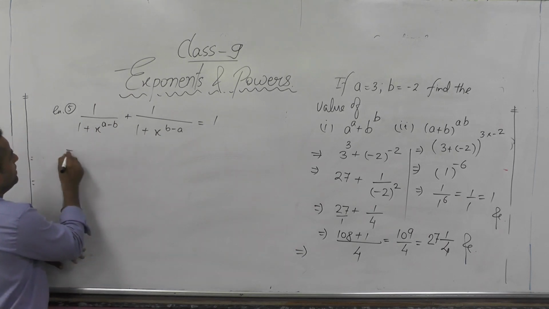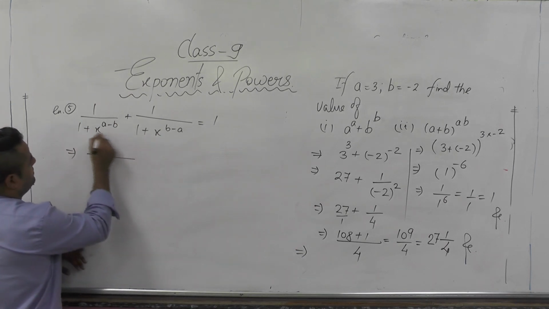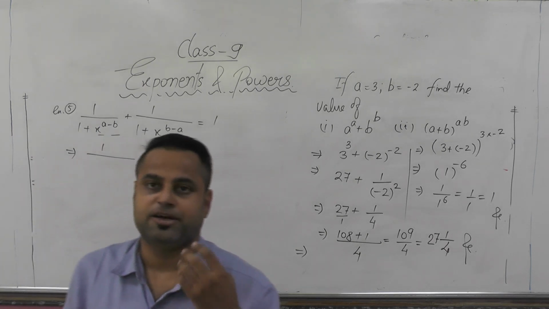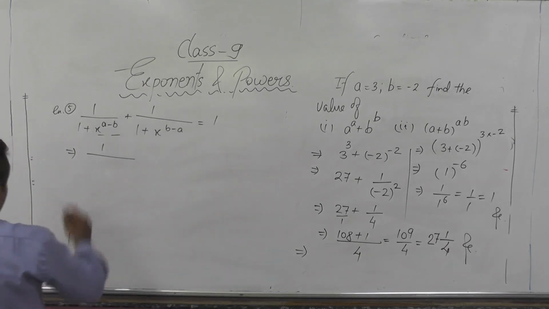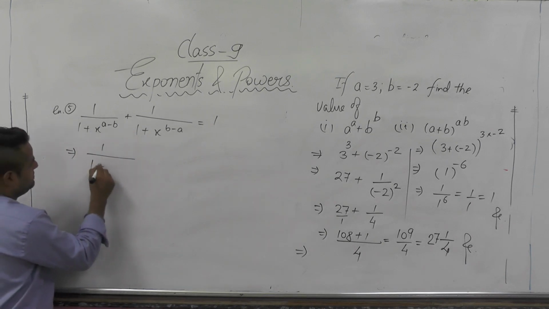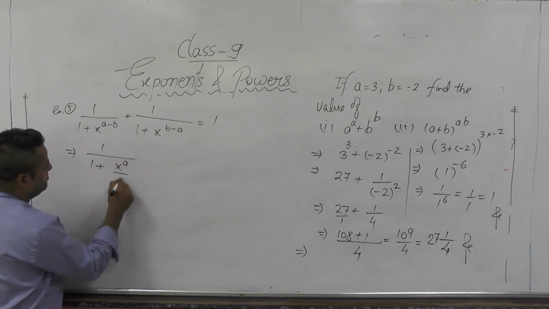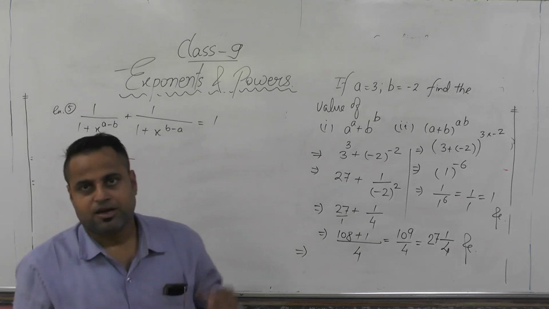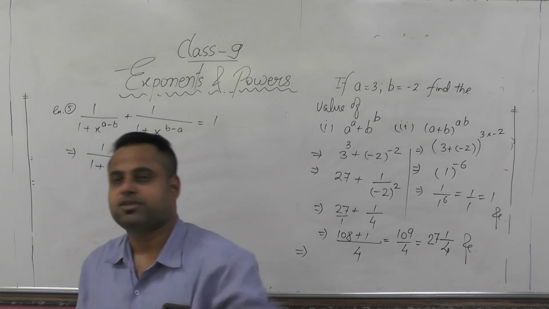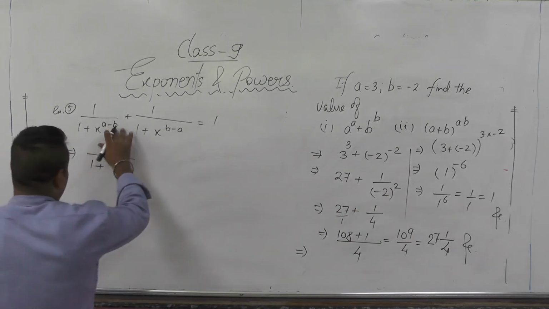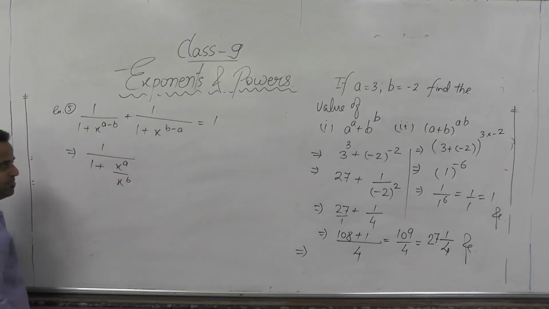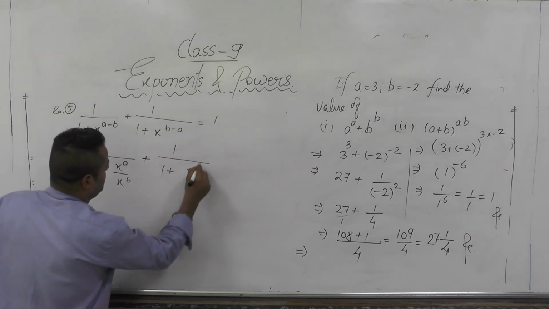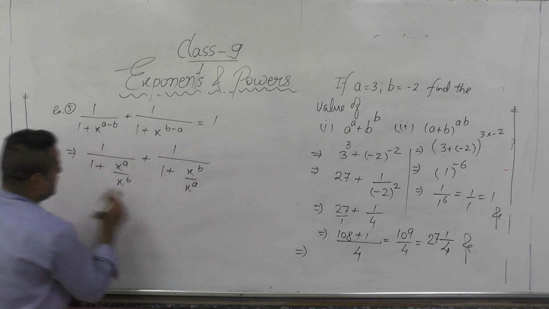See, this is the second rule, that power should be subtracted if numbers are in division and having the same base. So we can separate it as x to the power a upon x to the power b. Always remember that numerator remains on its place only. The negative term will go as a denominator. So this x to the power minus b comes as x to the power b here. Here also we can write in LHS 1 plus x to the power b upon x to the power a.